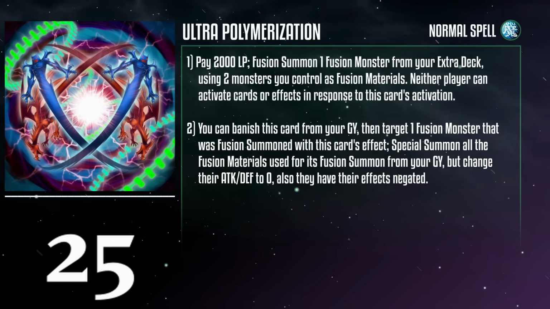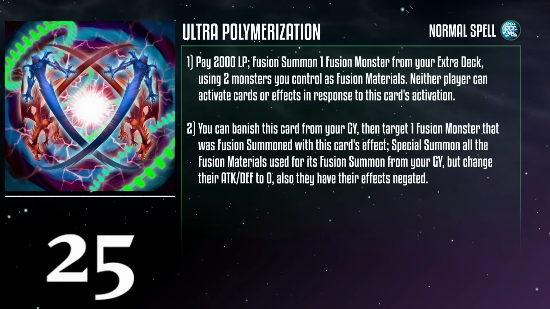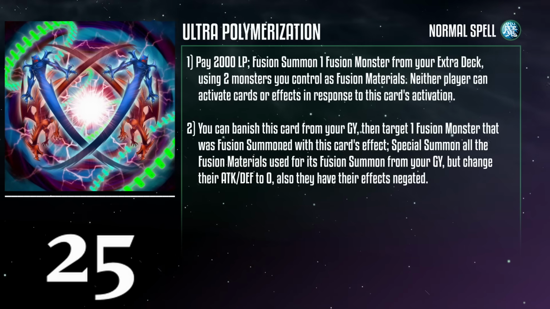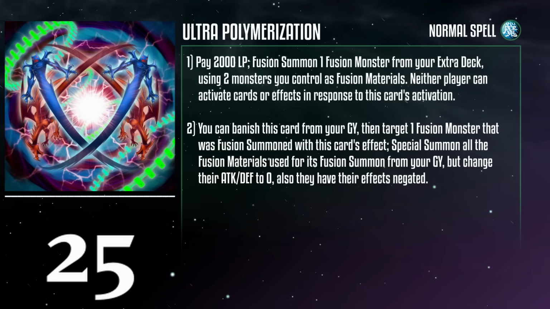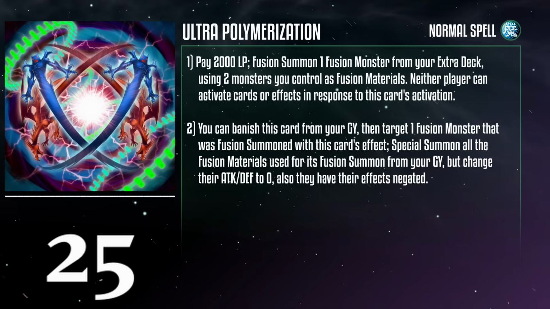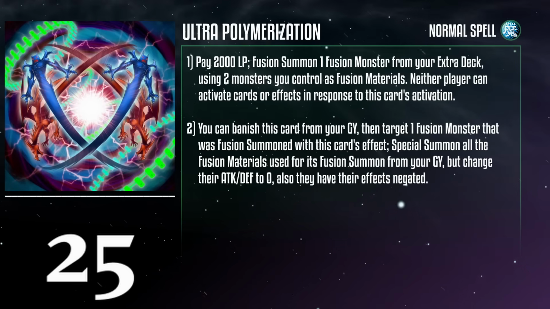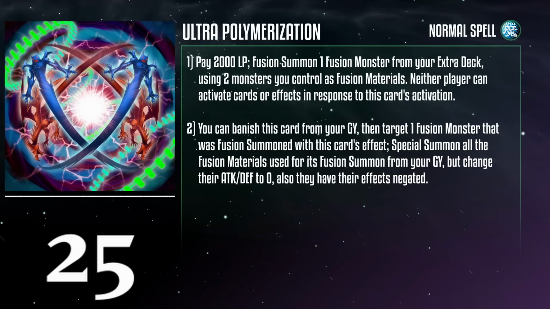Well, it asks a lot of you for what is essentially little return. You can only use on-field material, and only 2, so it's incredibly inflexible. And most themes that dabble in fusion plus another form of summoning already have those bases covered in their own engine. And while locking out responses to it does give it a mystical aura akin to Super Polymerization,